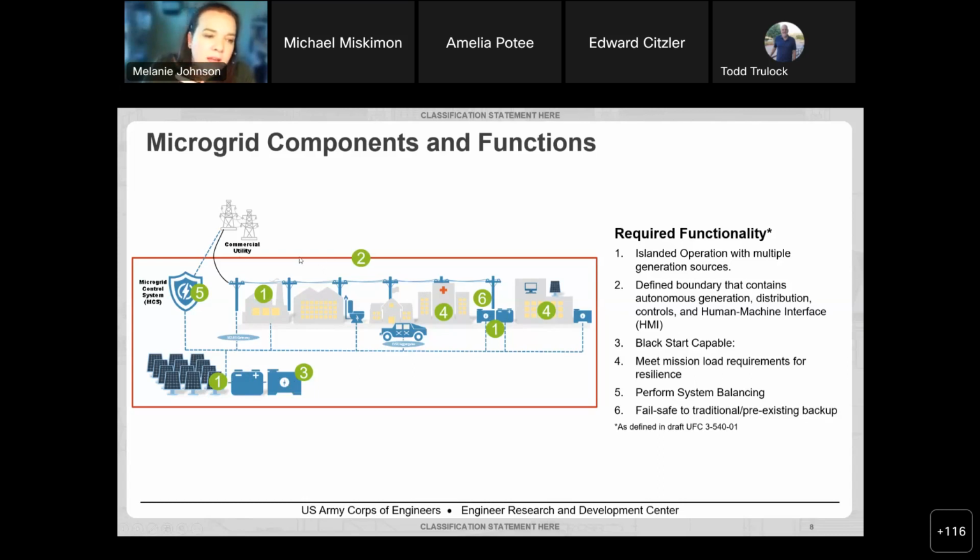defines a microgrid as having a defined boundary. So this microgrid system exists maybe on this one electrical feeder in the base. It has a clear point of connection with the utility, and everything within it happens within that defined boundary. Our microgrids have to be black start capable. That means if the power goes out and the microgrid doesn't, if everything has gone dark, there's a complete power outage, microgrids have to be able to start from that condition,